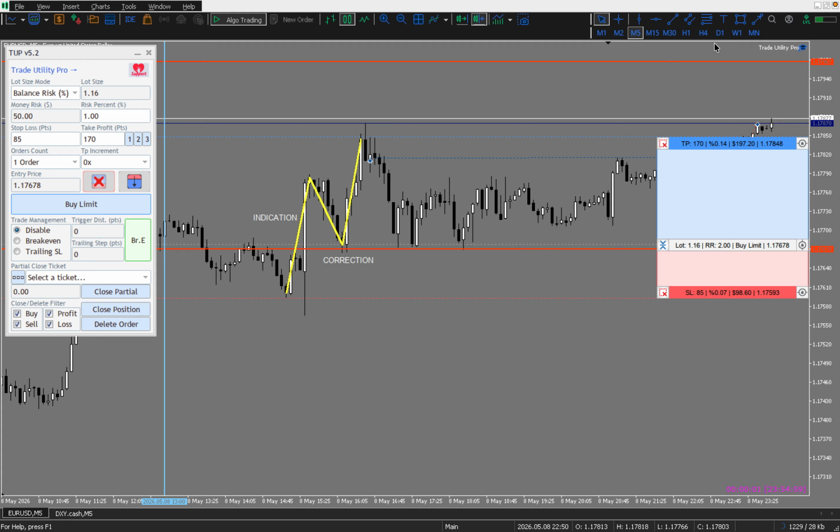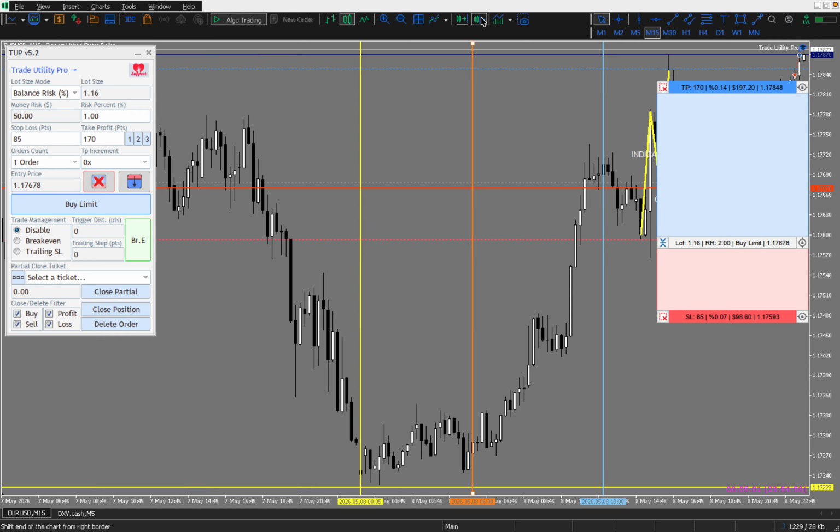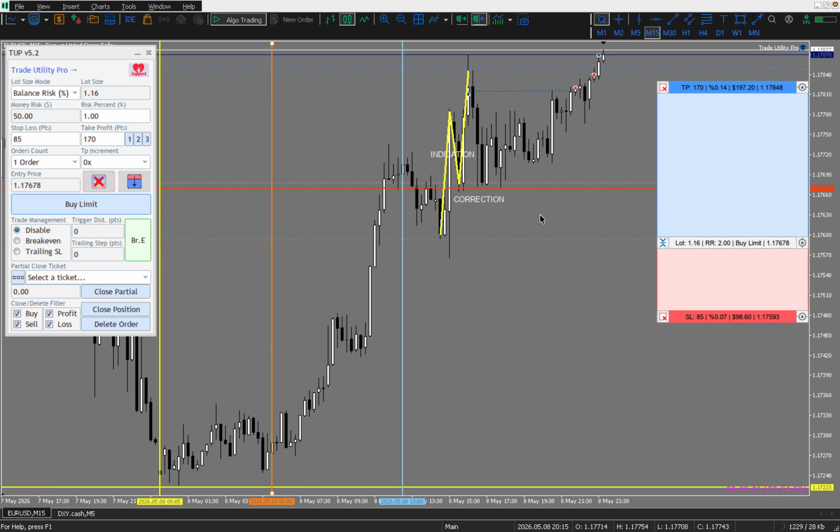Always going to be doing: identify my bias on the daily, moving down to the 8-1 to identify my previous sessions and what price action is doing, confirm the bias, and look for structure, look for what happened before, right at the close of London session and the overlap with New York. And once New York opens and I start a trade, I wait at least for the first 15-minute candle, because at that point I move to the 15-minute and wait for the price